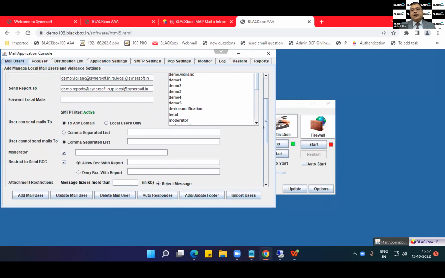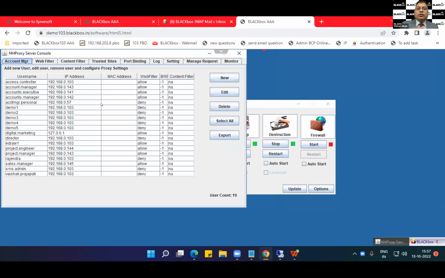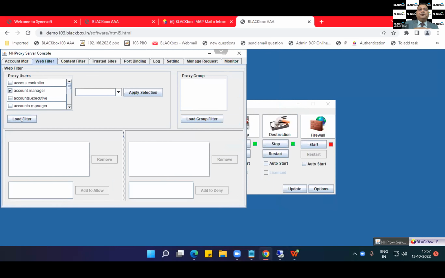So once we implement device hardening, we don't need to implement Active Directory and all these things. Then we can also control what internet this particular user can access. So here we can have control on the internet part also. So let's say this account manager is supposed to access only these websites like HDFC, Government of India, whatever. We can have an allow list, we can have a deny list, everything is possible. And this is how we harden the user's system such that he can do only whatever he's supposed to do. So yeah, I think I would like to get back the screen for myself.